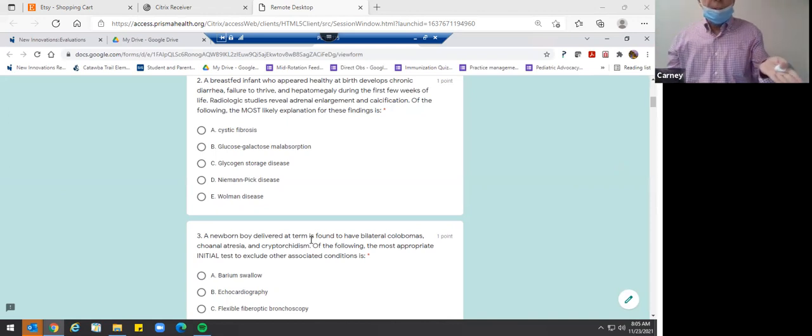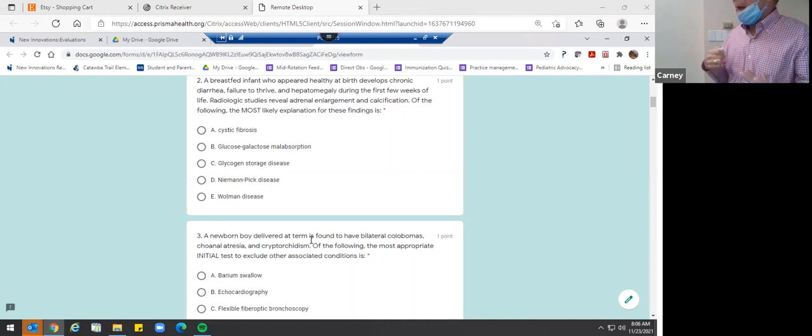Now, in this particular case, Wolman's disease is the right answer, and that's a fat storage disease, a cholesterol problem. But the key here is that you've got to get in your mind the differential of calcified adrenals. Waterhouse-Friderichsen, that's one you should know, right? That's the meningococcemia, right? And of course, you could play the game of maybe a tumor,